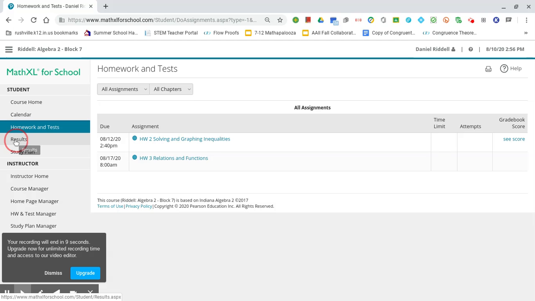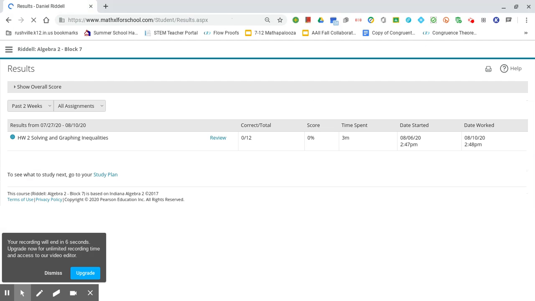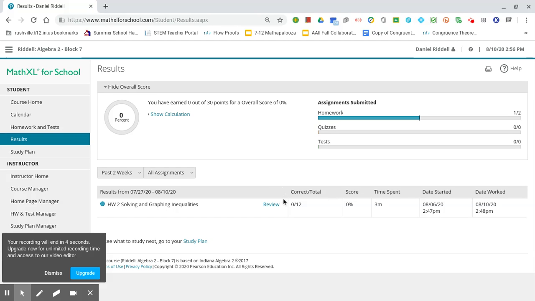You do also have a results page. I currently won't have anything here. I do, because I've attempted a problem, and that's a way to go back and view what you've